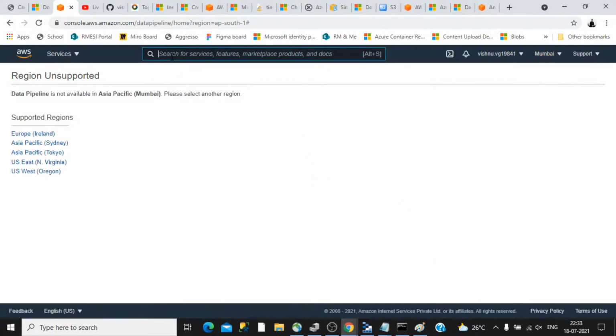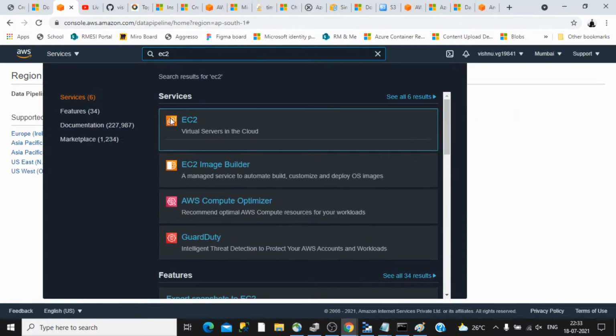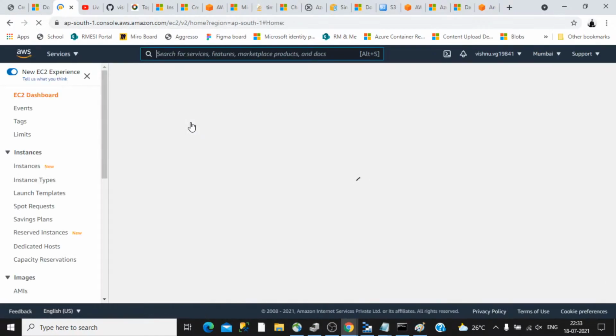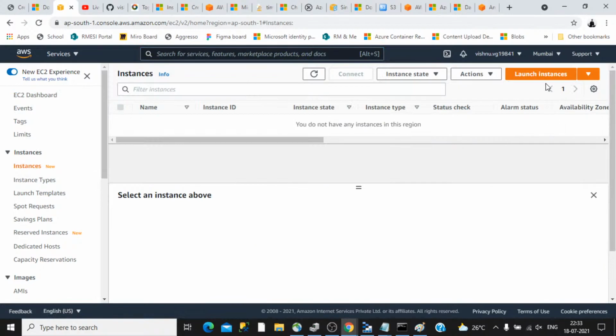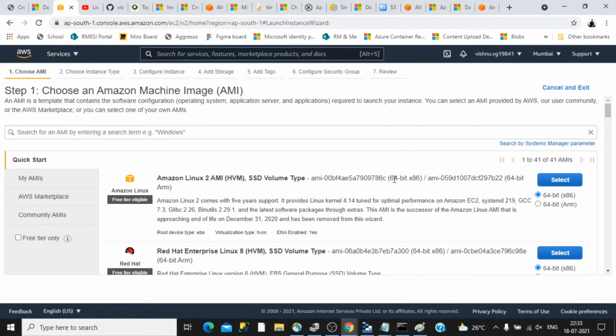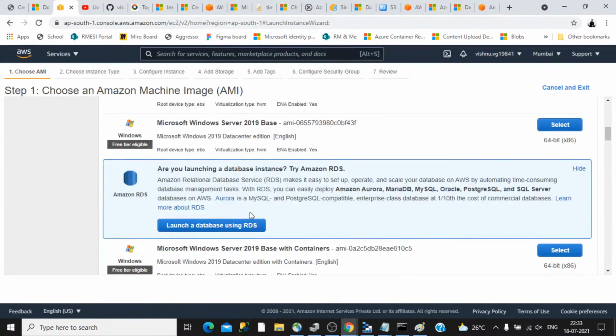we already discussed a bit about the virtual machines, the EC2. So this is equivalent to the Azure virtual machine. I am not going into much detail on that. Then creating an instance in EC2 is also very easy. You have to click on launch the instance. The only thing we need to be careful about is that you have to select the free tier, and then you will be able to continue.